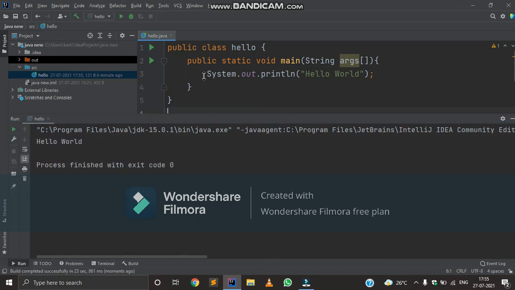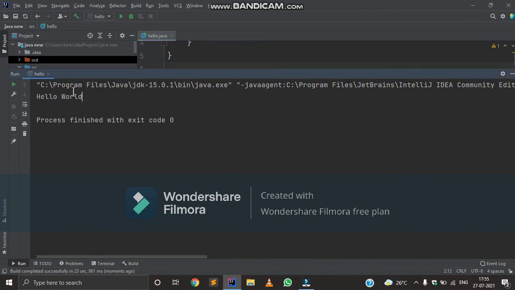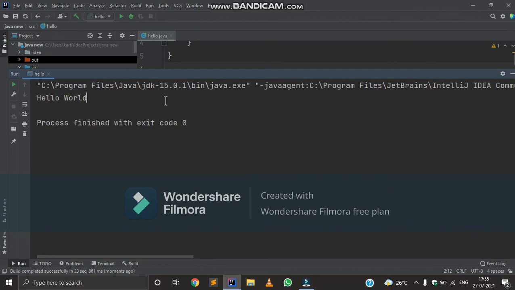As you can see, hello world is printed on this output box. Here this has been printed. So I'm going to continue this Java series.